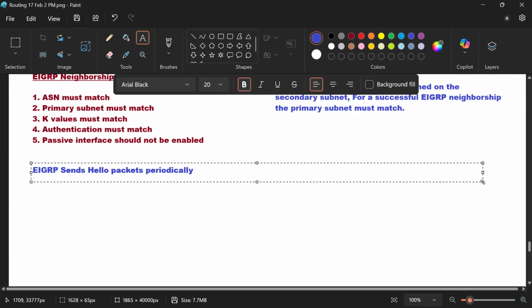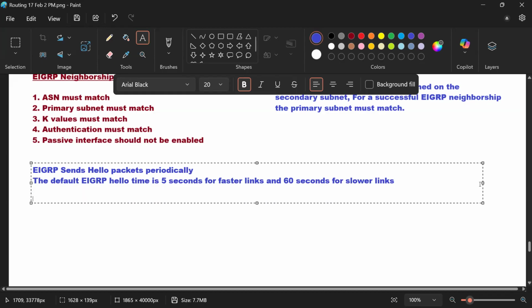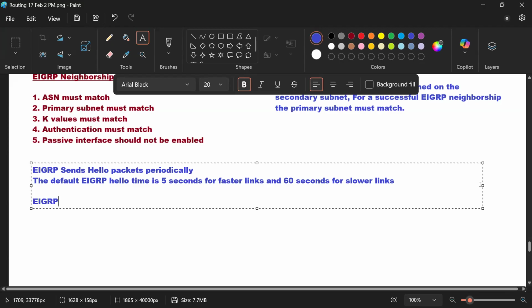After a fixed interval. And the default EIGRP hello time is 5 seconds for faster links, and then it is 60 seconds for slower links. Then in EIGRP, we do have a hold interval also. EIGRP also has a hold interval or hold time,